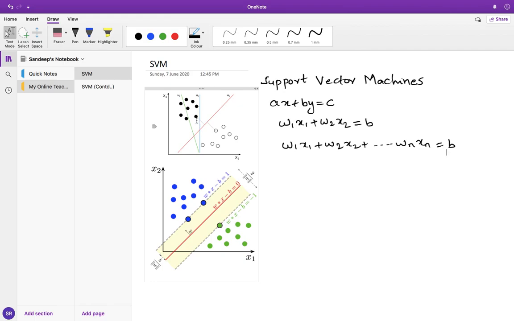We are more interested in finding a line which is farthest from the support vectors. Every class has something called support vectors, and we want to find a line which has the maximum distance from the support vectors. First let us understand what support vectors are. Support vectors are the input data points which are closer to the hyperplane as compared to any other data point, but we are also interested in finding the line equation which has the maximum distance between the support vectors and the hyperplane.